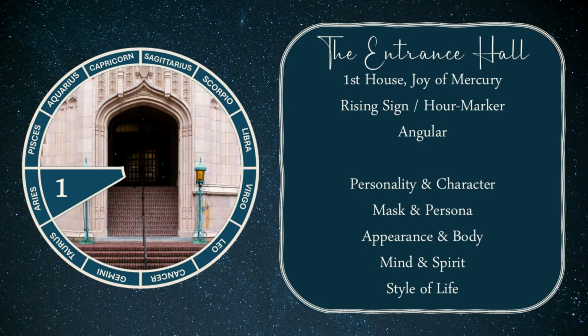It also shows our body, the physical shell into which we are born, its physical appearance and overall vitality, as well as the circumstances under which we come into this world. Our mind and spirit also are indicated in the first house, and through this, it shows which decisions we are likely to make about our life. With our body, mind, and personality, we create the persona, which safely brings us towards what we desire.